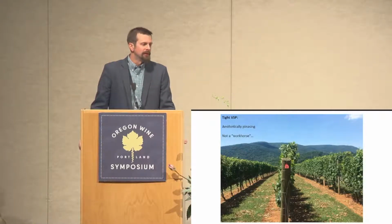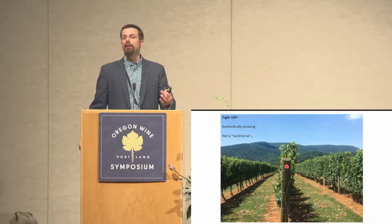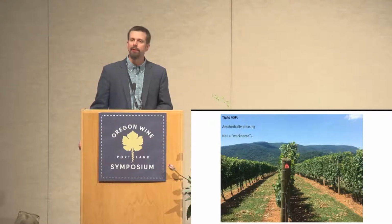these are high vigor vines. They get there though from hedging a lot and making them look like a nice, pretty landscaped hedgerow. You also limit fruit production to a very confined fruit zone. I'm not saying it's bad, but this is not a workhorse type situation. They're not using the vigor potential of this to crop. Rather, they're combating it by hedging and still maintaining that fruit production in that really confined